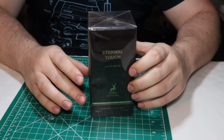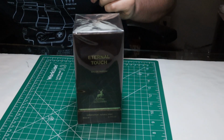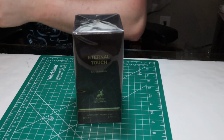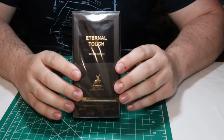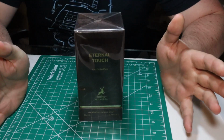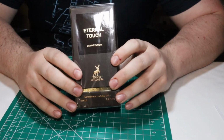Alright guys, this is a review of Maison Alhambra's Eternal Touch. This is their revamping or repackaging of Tobacco Touch. I think Lattafa slash Maison Alhambra had to change around their packaging because of some legal issues with Tom Ford, because this is a clone or dupe, or is intended to be a clone or dupe of Tobacco Vanille by